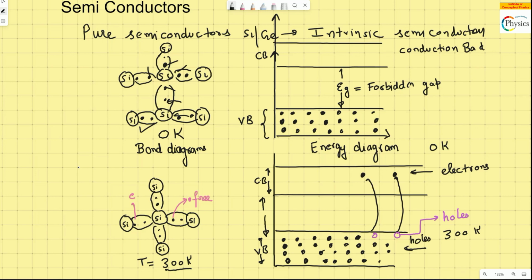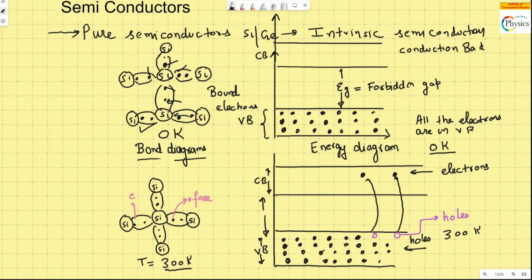Just mind you, a pure semiconductor at 0 Kelvin is not able to conduct any electricity, because you need electrons for the flow of electricity, but they're all bound. If you see this bond diagram, all the electrons are bound to each other as part of the covalent bond. These are bound electrons right now. At 0 Kelvin, all the electrons are residing in the